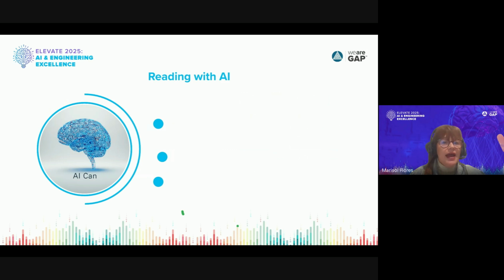We see that AI can definitely generate custom articles based on your interest and level. Okay, you're interested in beauty or something not necessarily job related, but it might also be job related. You can ask it to generate that. Just be careful with some of the hallucinations that might come along. So always double check sources.